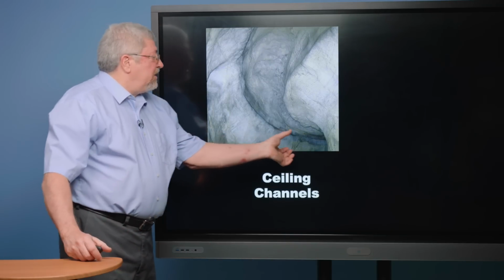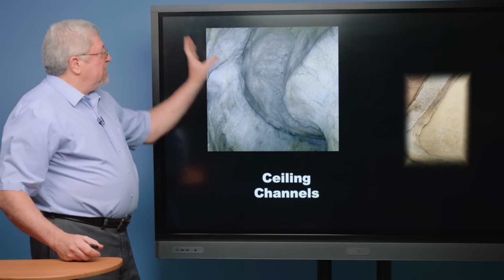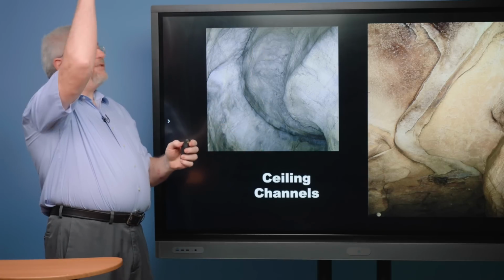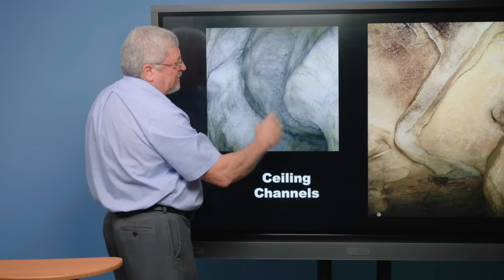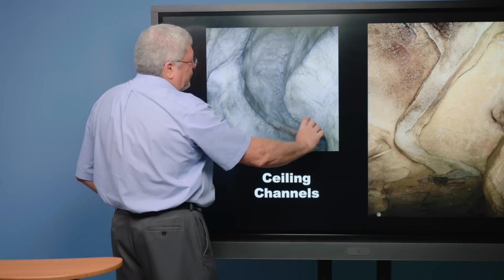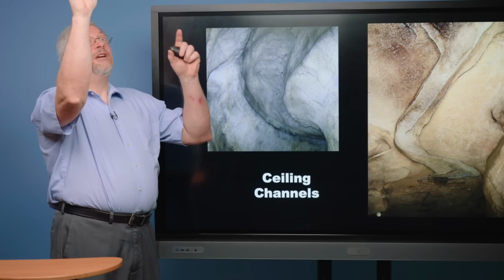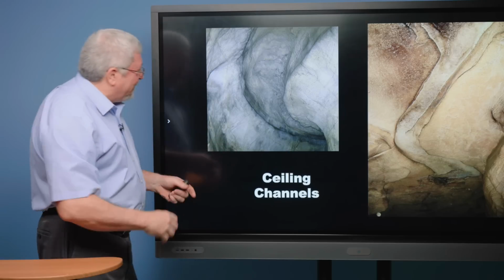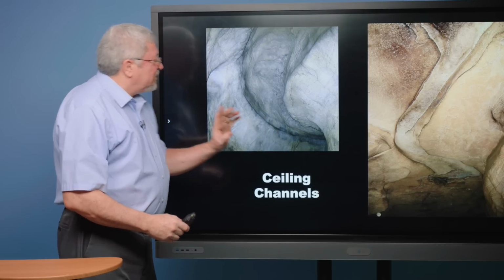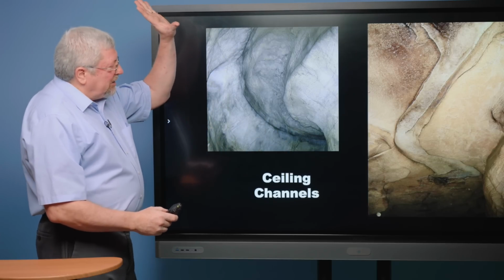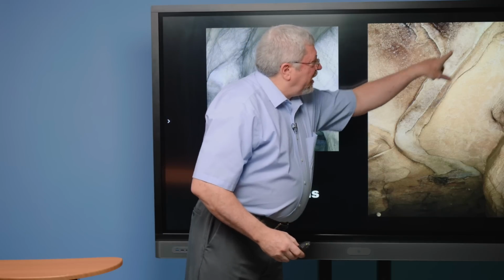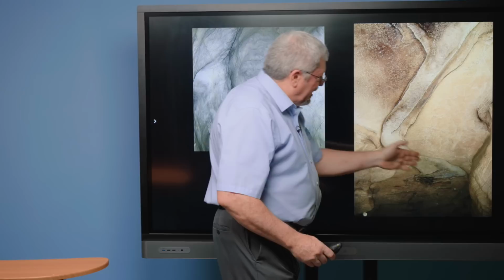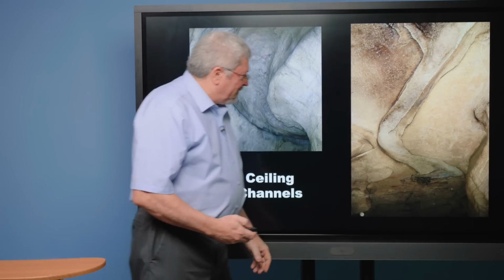Also, these were most spectacular. Along passages, there would be these channels in the ceiling, and I'm looking again straight up at what looks like a river channel in the ceiling. Again, it makes sense if it was in the floor, I could see an erosion of a river channel. But these literally look like rivers on the ceiling of the cave. They would branch like a tributary would branch into the main channel.